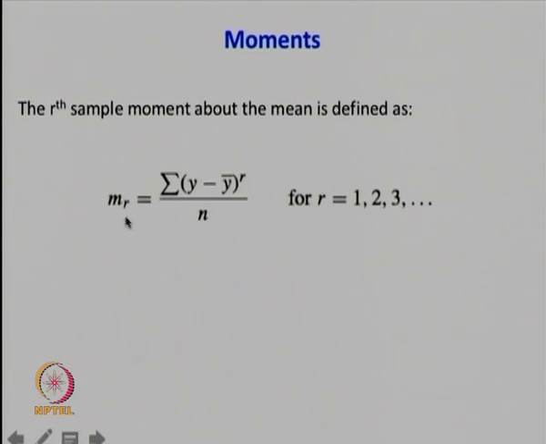Again, we can use it for calculating higher moments, like the third moment about the mean, summation y minus y bar whole to the power 3 by n. One aspect that we discussed in the last class was that, depending on the nature of the distribution, all odd moments about the mean, which means m1, m3, m5, m7 and so on, will return you a value of 0. This is because for every value of y which is situated to the left of y bar,